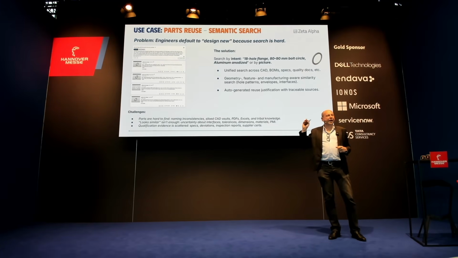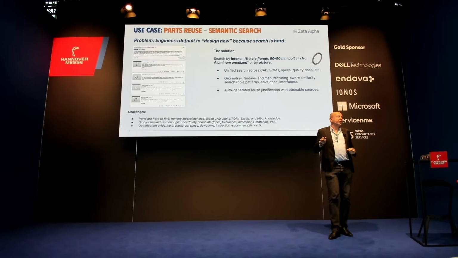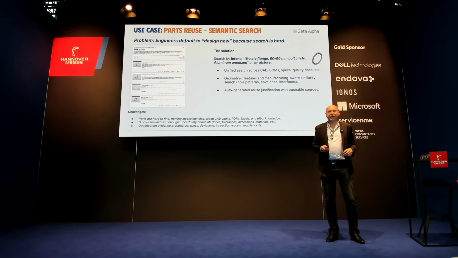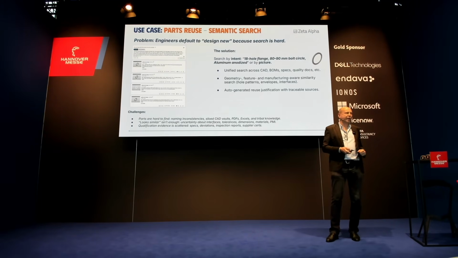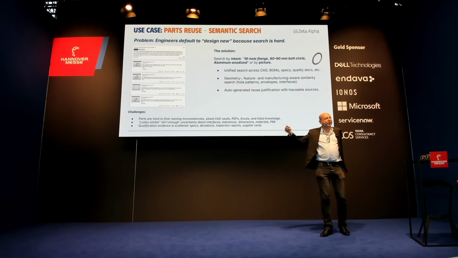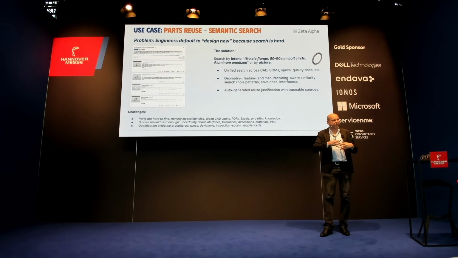So you can add all of that to your query, but you can also search by picture. If you have a photo of the part, you just upload the photo and do a multimodal search with a query by image. And that will not only be able to find the corresponding parts, but also all this other information which is tied to the part through this connecting the dots. And of course, always with